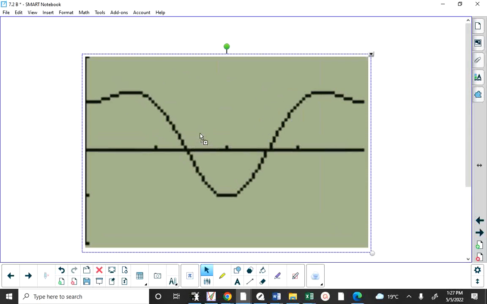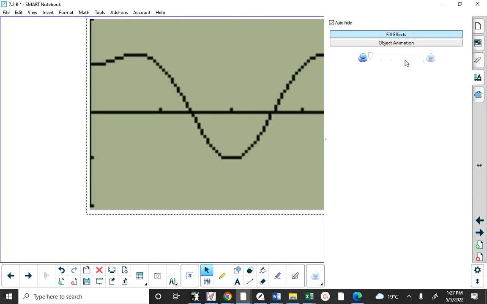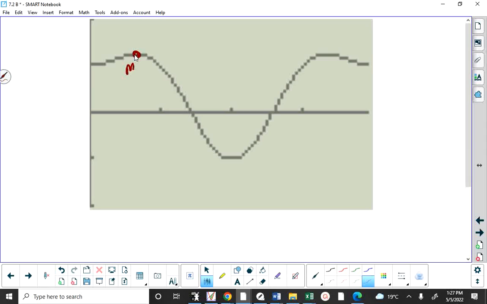We should have a max here, a min here, a max here. I know you can't really tell, but this will be a minimum. It's at the very bottom of the graph, and this will be a minimum as well. Okay. So our goal here is to learn how to connect the first derivative of the function, which is related